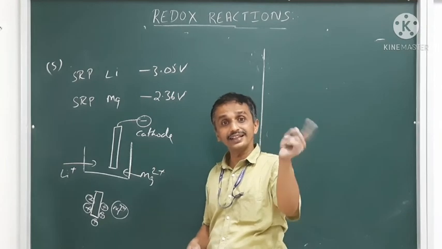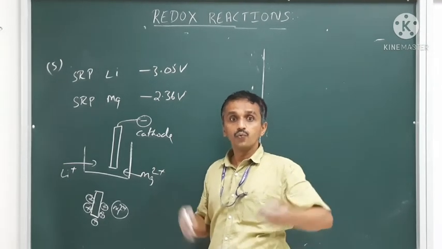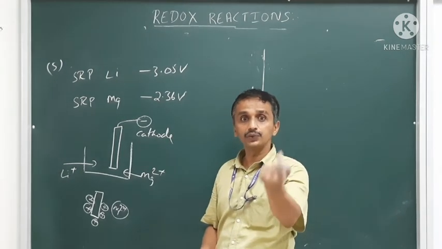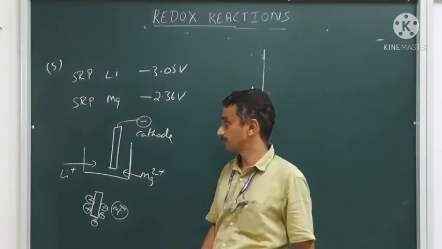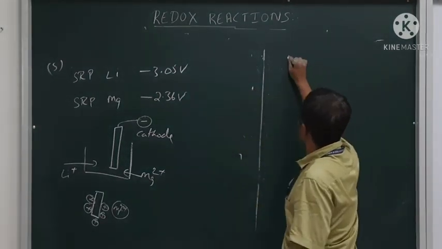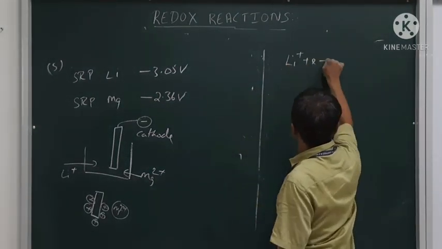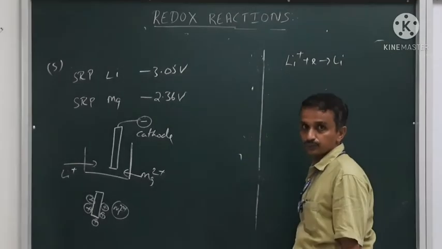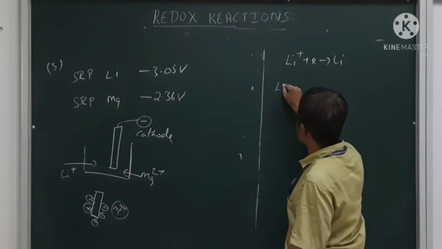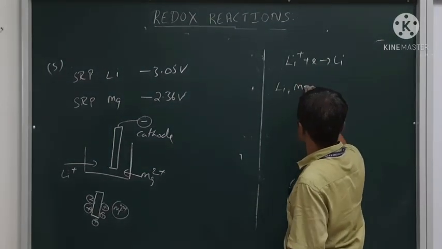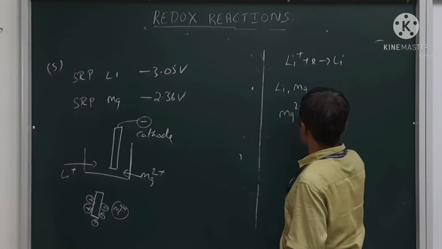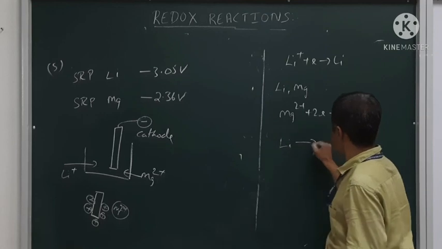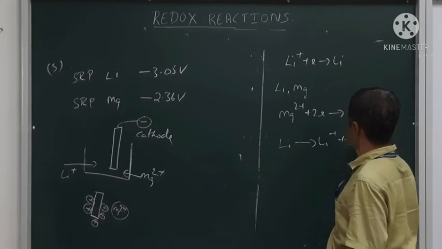And you may ask whether lithium plus also becomes lithium. For lithium to be present over there, I should have something which gives the electron to the lithium plus ion, Li plus plus electron gives Li, but nothing is active with the electrons. When lithium and magnesium are present, Mg2 plus 2 electrons will give magnesium, because lithium will give Li plus and an electron, and this will be taken by the magnesium.